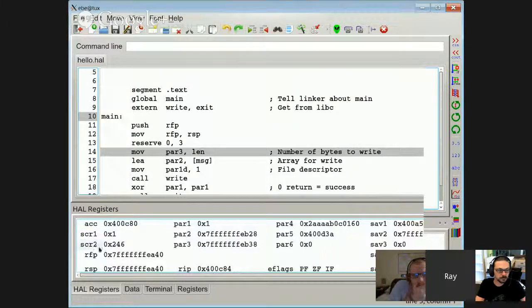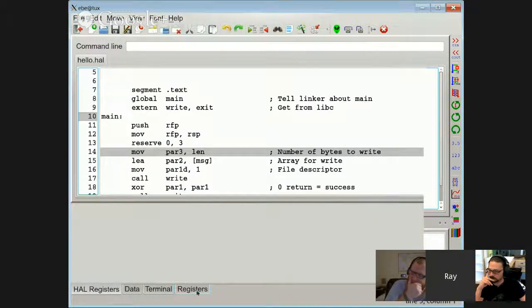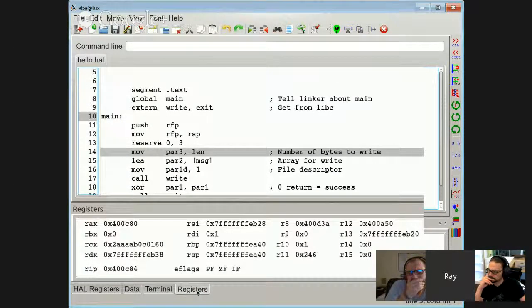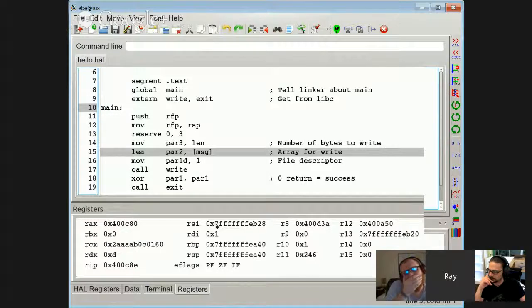SCR stands for scratch registers. Turns out there are 2 of them. And the registers which must be saved for Linux, there are 5 of them. Do I really care what their names are? If you flip back over here, you can see the original names for these registers. And if we step forward one, then we see that looking at it this way,